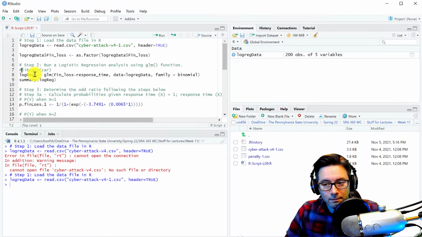Maybe it once did, but it doesn't anymore. So anyways, to create the model, we're going to store it as this, very similar to how we did the simple regression models. But notice that our model here is GLM instead of just LM. Okay, so it's important that we use GLM for this binomial